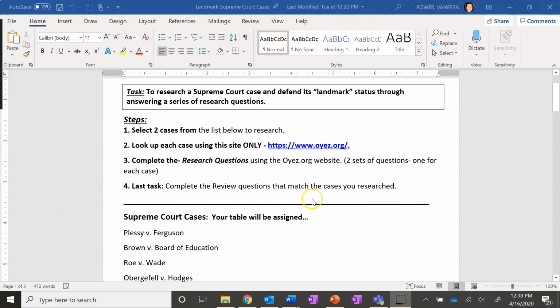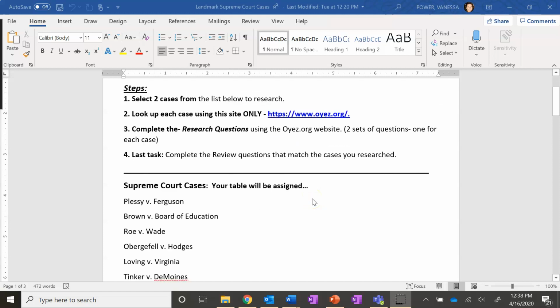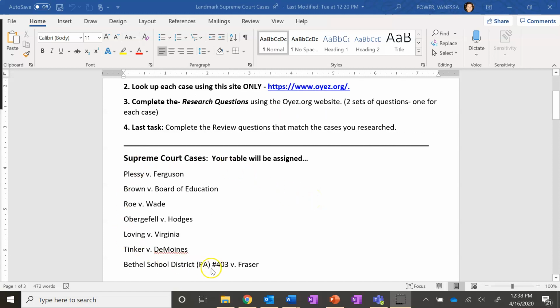So you're going to look up a specific landmark Supreme Court case. These are any of the cases that you can choose from. What you would do is you first need to use this website, only this website. Please don't go into Google and find any other site. This site is very user-friendly. I'm going to show you how to use it now. So we're going to go into oyez.org,